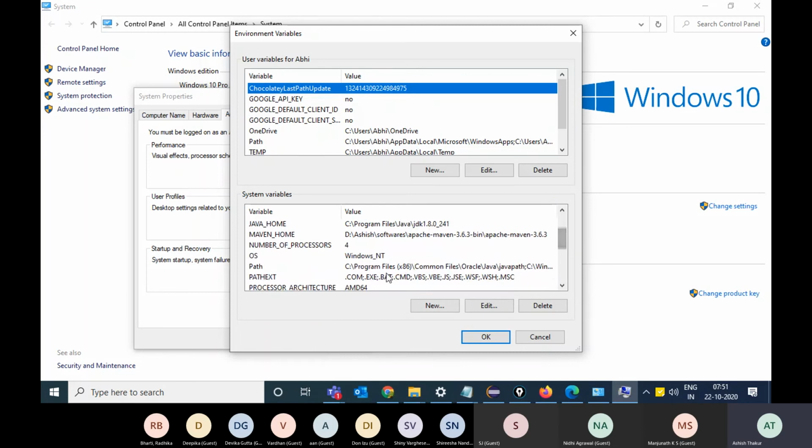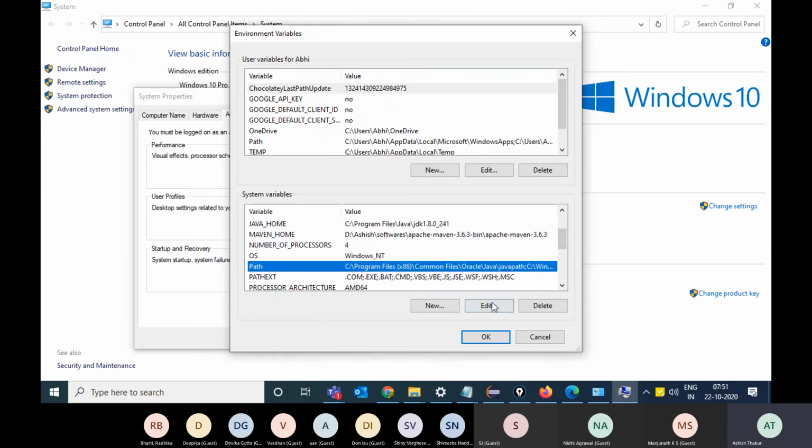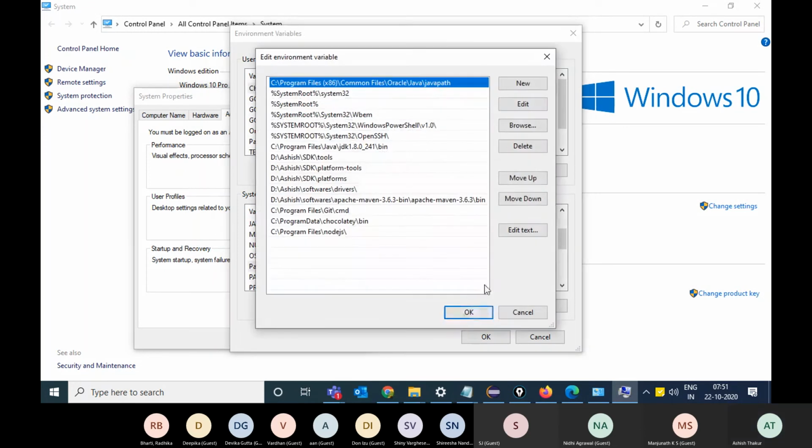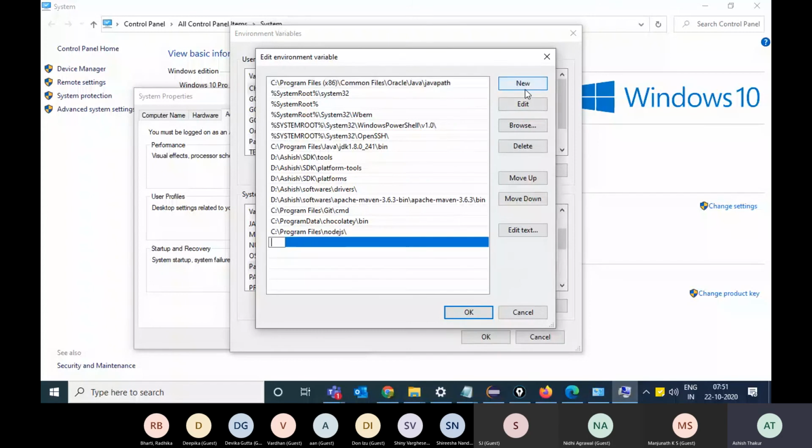Scroll down and you will see a Path section. Edit this and create a new path and give the path of the drivers folder, like I have already given it over here. The folder where you have kept all the exes.